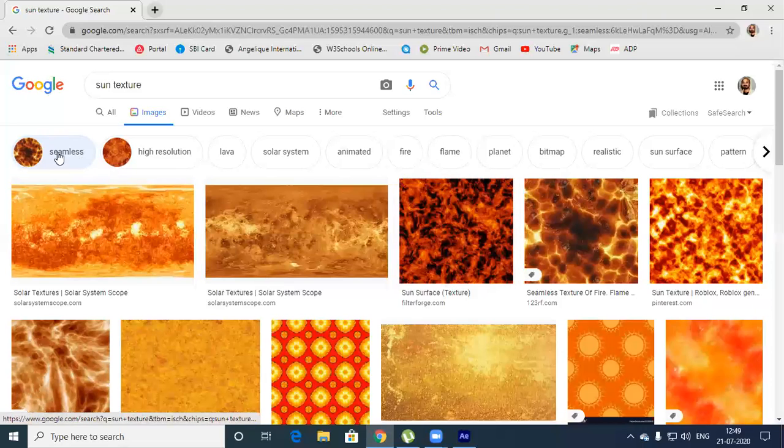Seamless is nothing but this end and this particular end: when you wrap this and make it a sphere, you don't get any line. Whatever color variations are here, at this particular end also it is the same. So let me download this.